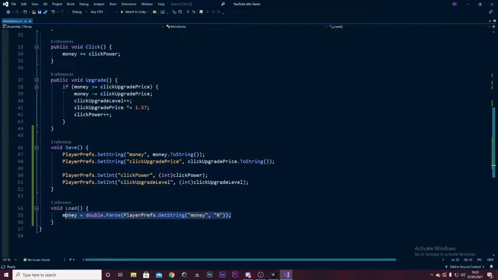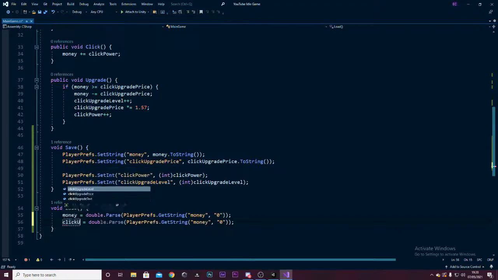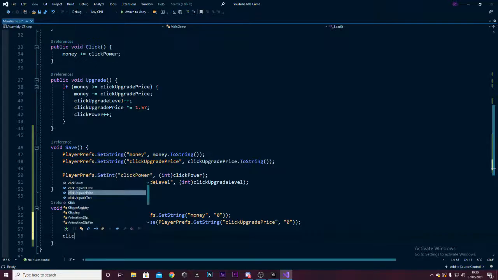So I'm just going to completely copy this line of code, drop down, and here I'm going to say click upgrade price is going to be equal to, and then just copy these from over here, and the default here once again is 0. Next, I'm going to drop down, and this one's going to be slightly different. This one's just going to be click power,